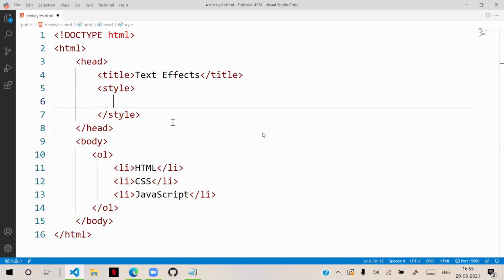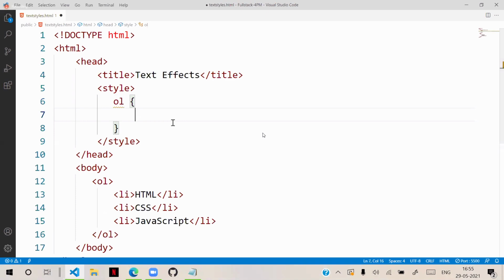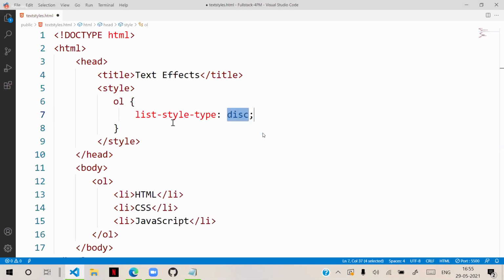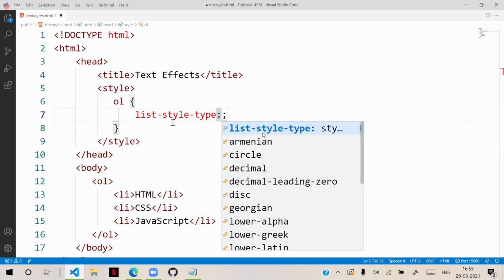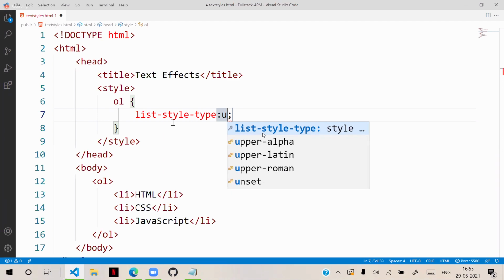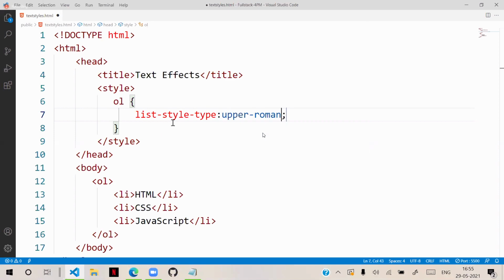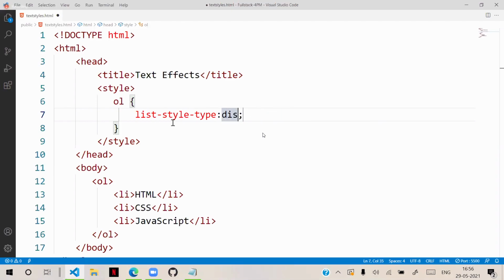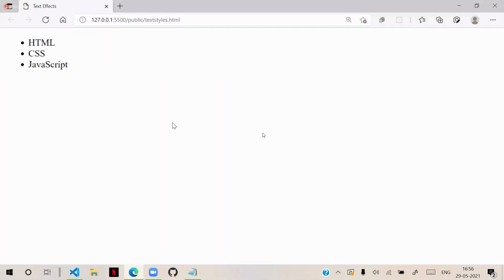Instead of that, for an ordered list you can use additional options, and one is list-style-type. With list style type you can put different types, like upper alphabet, upper Roman letters, and you can keep that list style like this. You can even use disc, and it will keep a disc style.